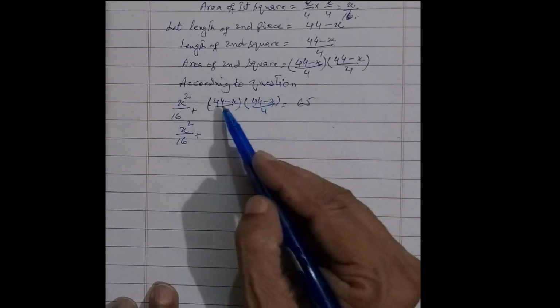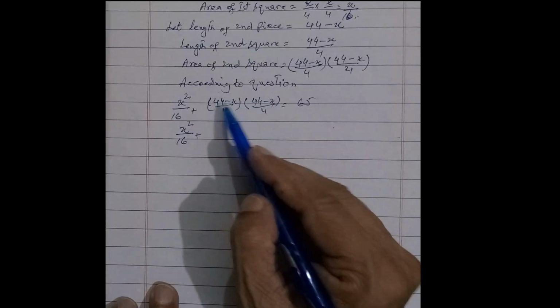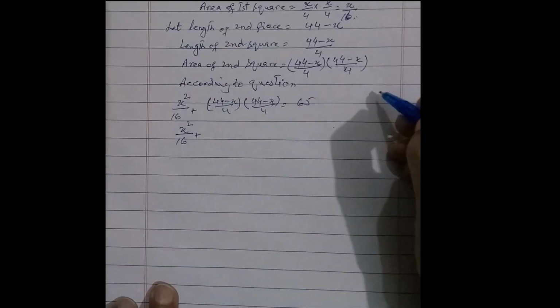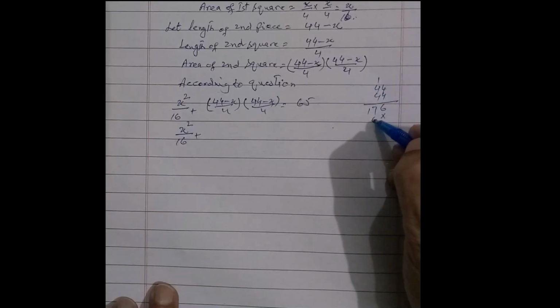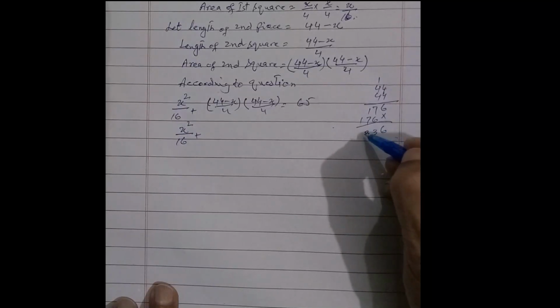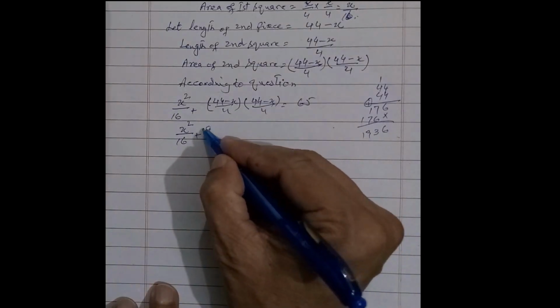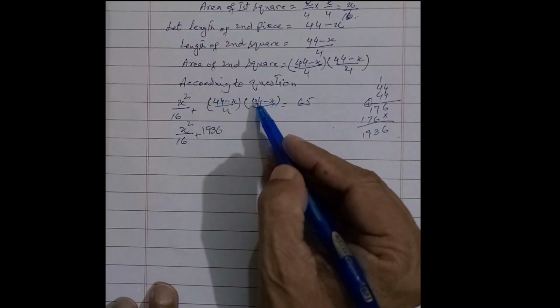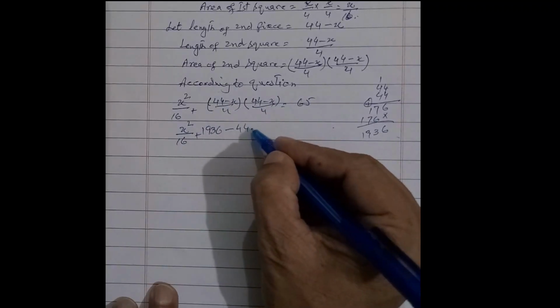फॉर दैट, x²/16 प्लस इन दोनों वैल्यूज, जो न्यूमरेटर है (44 − x) मल्टीप्लाई बाई (44 − x), इनको मल्टीप्लाई करेंगे। 44 को 44 से मल्टीप्लाई करेंगे तो 4 4 आर 16, 1 कैरी, 4 4 आर 16 एंड 170, और इसी तरह दूसरे 44 से करेंगे, तो हमारे पास आ जाएगा 1936।